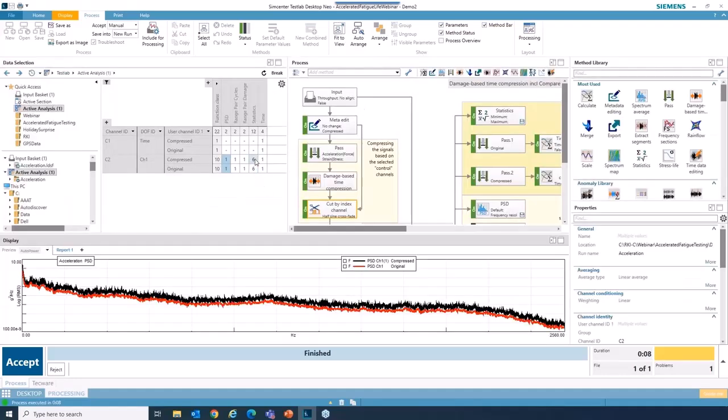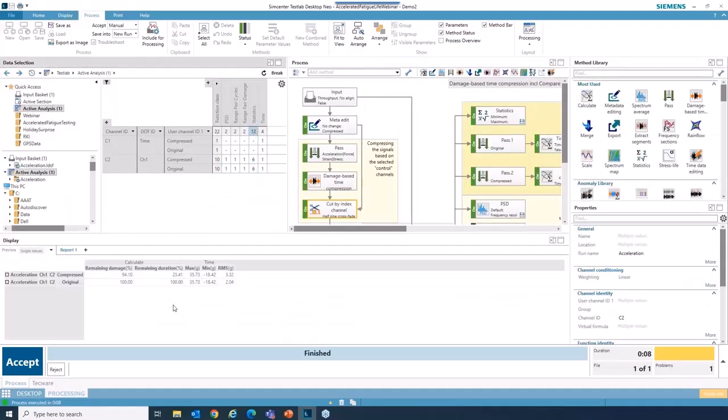Now, if we look at some statistics that come from this result, it is showing the results here. So it is saying that originally there is 100% damage. Now here, one important point is that what we measured was acceleration in G's, but the SN curve refers to stress and number of cycles. So there is no easy way, I guess, to convert from acceleration to stress, but we do what is called a pseudo damage calculation. So from that, it is saying if the original time history caused 100% damage, with this compressed time history, we got 94% damage, which is pretty good.